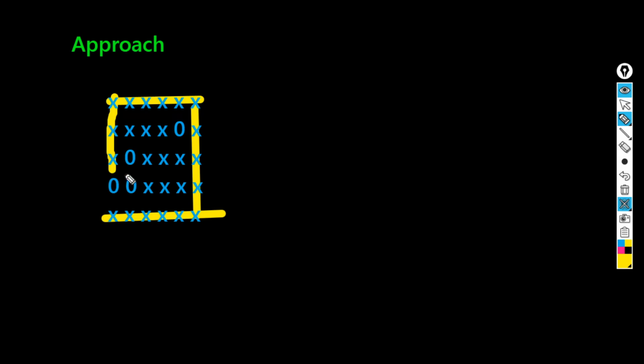Now for traversing, we have to just check 4 conditions. For the 4 conditions, we will check top, bottom, left and right. Now there are two things: why we are checking and how we will check. So the solution for how is,